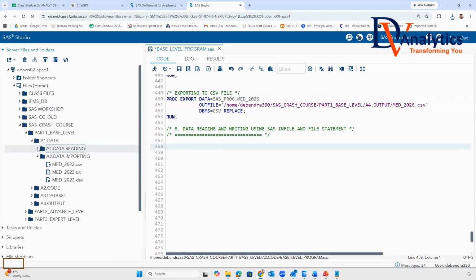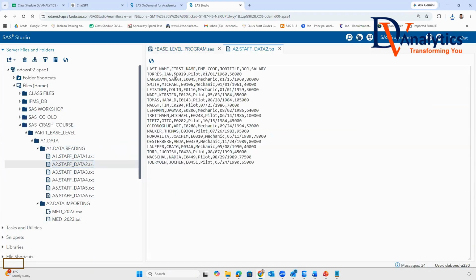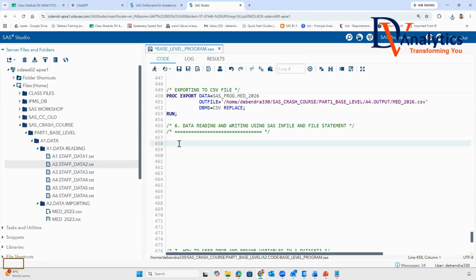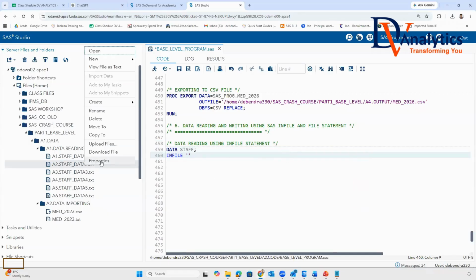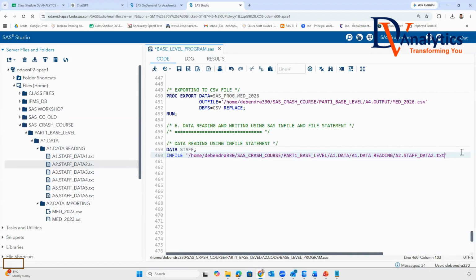Hey guys, given this data in data reading, I want to read this data, which is a comma delimiter file. So how do you read this data? Data reading using the infile statement. Already we have done this, but we'll repeat it one more time. Data staff, infile, given the file path is here, DLM comma.